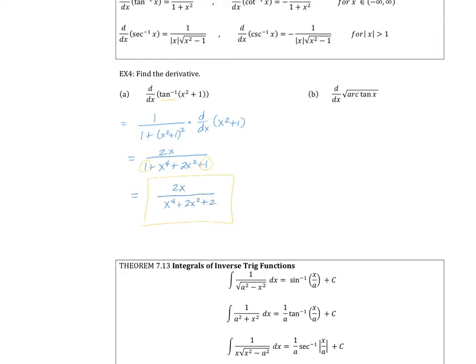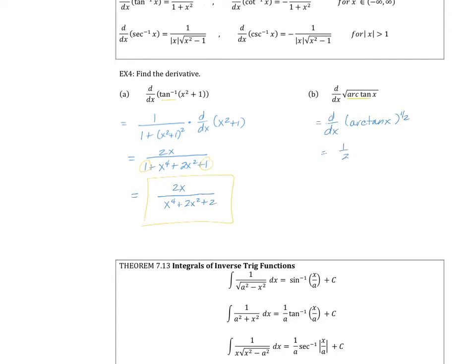So as just a reminder, instead of the inverse notation, you may also see arctan. Okay? And remember, arctan, arc cosine, arc sine, that's exactly the same thing as inverse. Okay? So if I was going to take the derivative of the square root of the inverse of tangent, sometimes it's helpful with square roots, although it's not necessary. Sometimes it's helpful to write it as arc tangent of x to the 1/2 power. But it's not necessary. And then that would be equal to